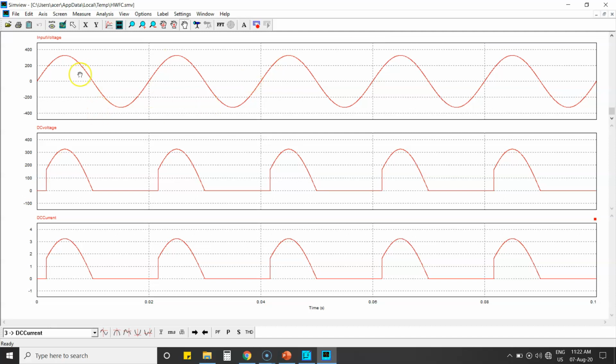So the first one is your input voltage. So you can see the peak voltage is nearly 325, and this is your output voltage. If you want, you can just add the pulse generator also. So just take a voltage probe and just add it to the pulse generator and give the curve to any screen and just compare the firing angle. So we have started our firing at this point, that is 30 degree. That's why before that the output is 0. So since we have used resistive load, you can simply see the output voltage and output current both are in phase with each other. Okay.